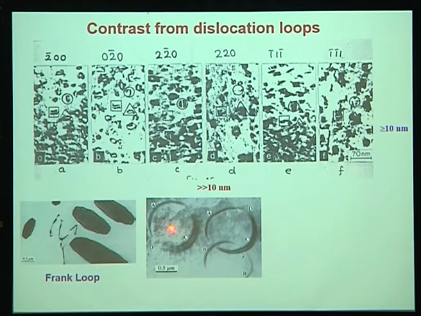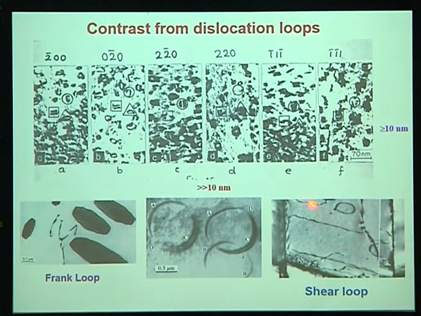This is a stacking fault in sink, where you see that there is a line of no contrast. In fact, this is imaged under a condition where G dot B equals 0, because the G is perpendicular to the Burgers vector of the dislocation which is in this direction. But the line direction will be continuously changing for this loop, because of that the B cross U changes, and for one where G dot B cross U becomes 0, now you see a fringe contrast like a coffee bean type. This is a condition under which the fault is not visible,